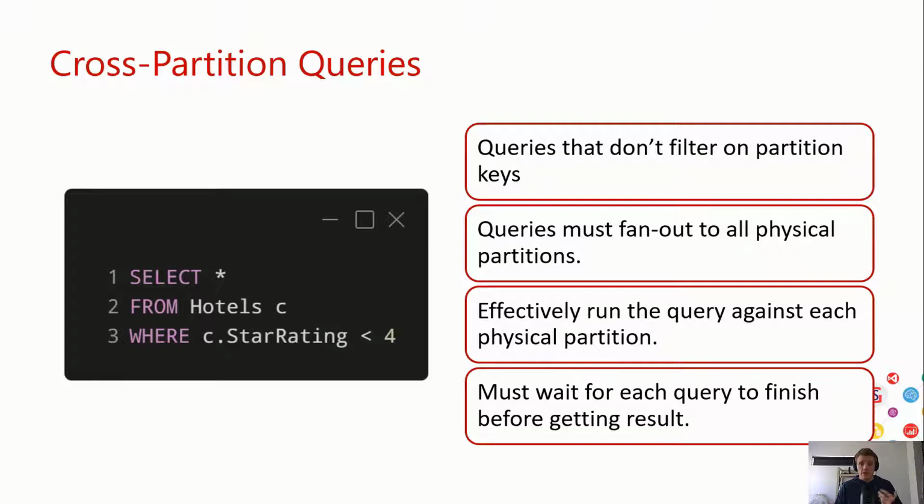perform our query without specifying our partition key as a filter, what the query will do is fan out to all physical partitions where it'll be run against each partition's index. So each physical partition has its own index. So when we run a cross-partition query on a container, what we're essentially doing is running that query per physical partition. And what Cosmos DB will do is actually aggregate the results across all those different partitions, and it